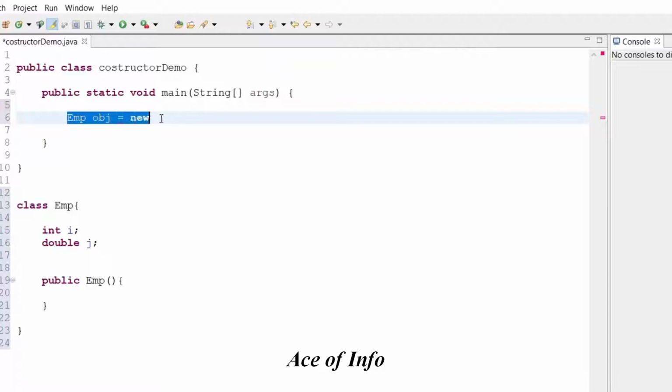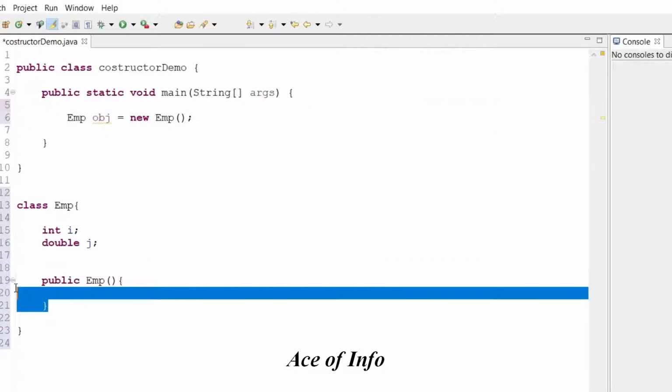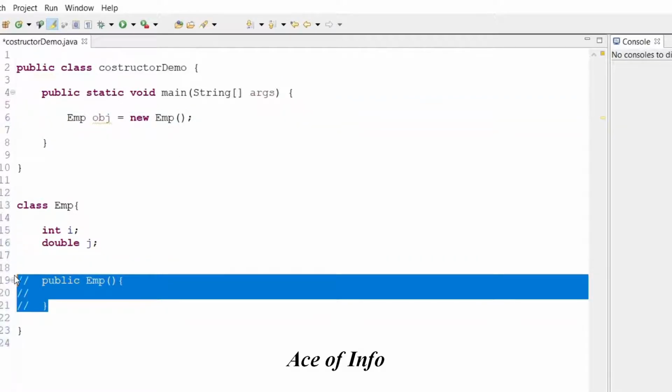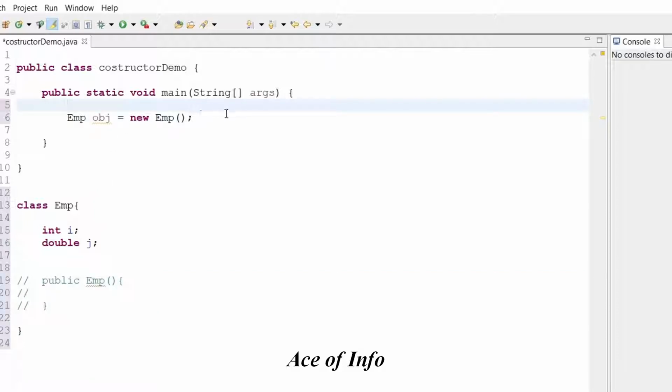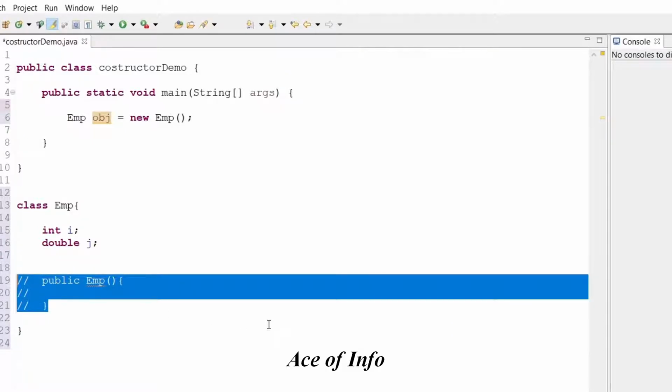So in here, to the object, what we do is after assigning the new keyword, we put the constructor. Now here I have assigned the default constructor. So even if you comment this, you can see there are no errors here. That's because this constructor is there even if you don't define it.